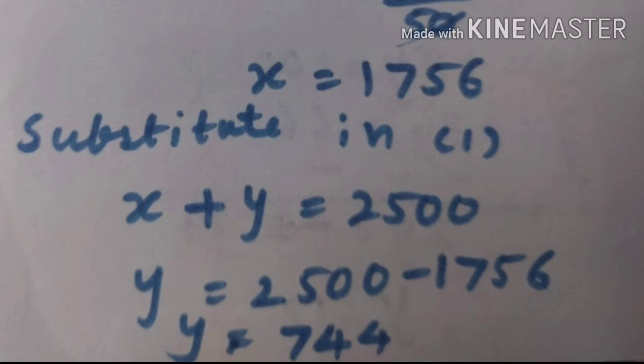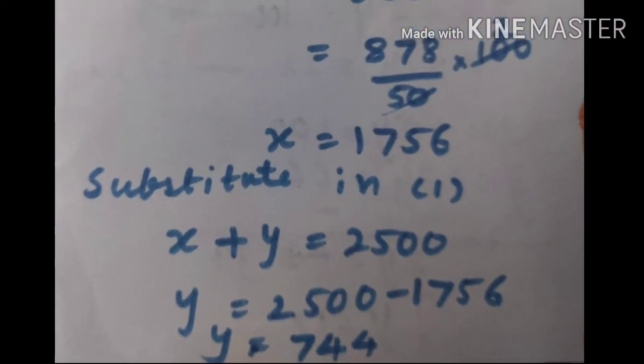So what is our y, what we have supposed, that is the number of children. So here we found the number of children is 744. So likewise, students, you have to read the question very properly and nicely, and you have to think about what you have to suppose first and then how to make two equations, then by using them how you get the values required by the question.